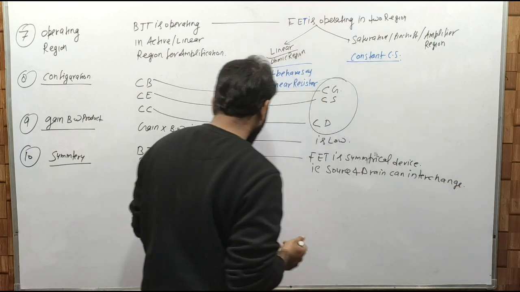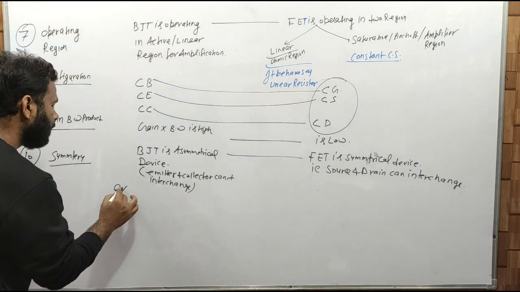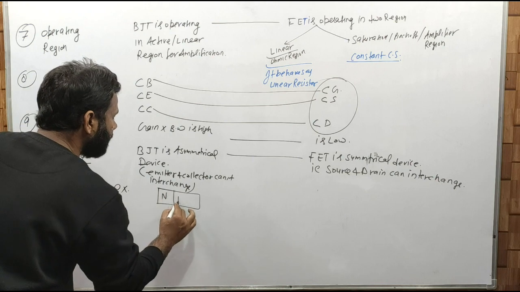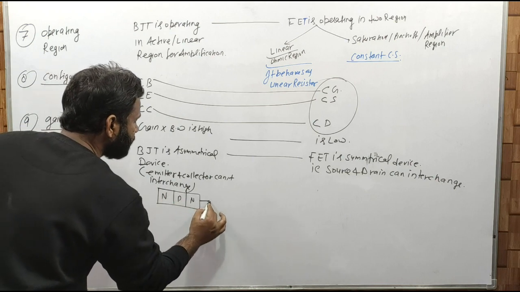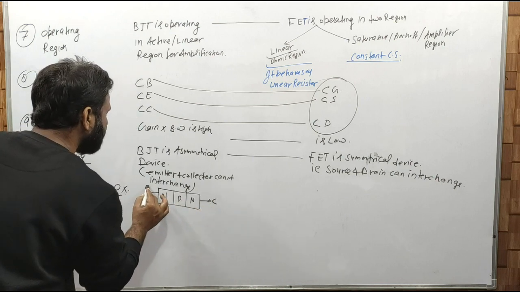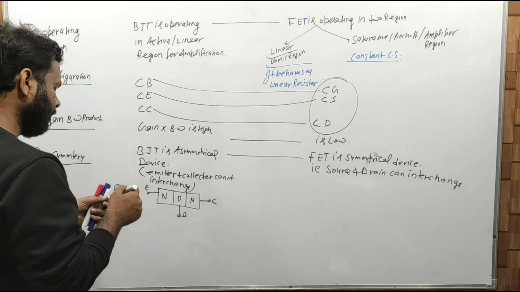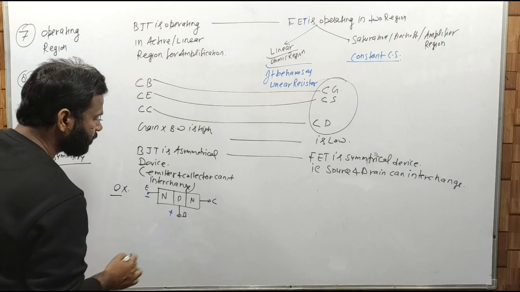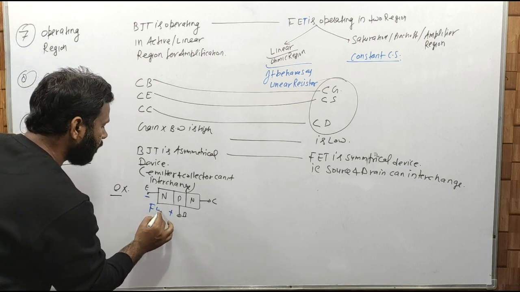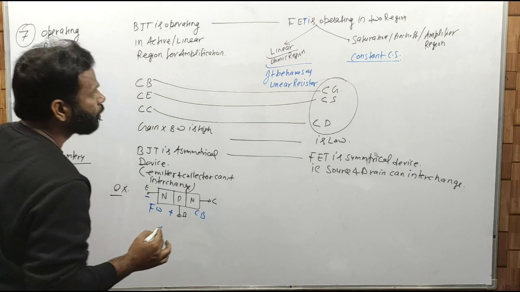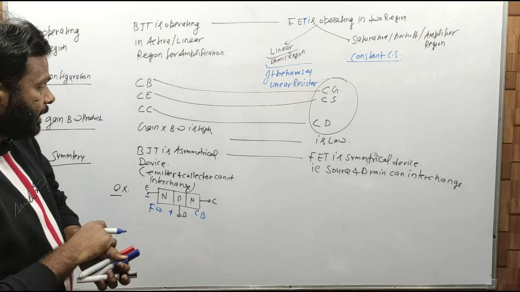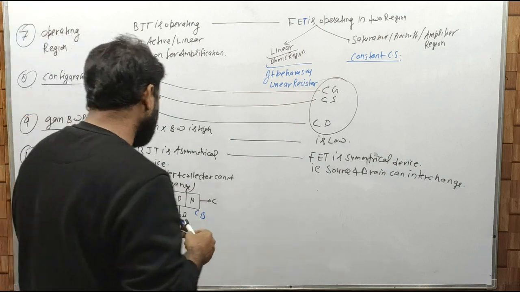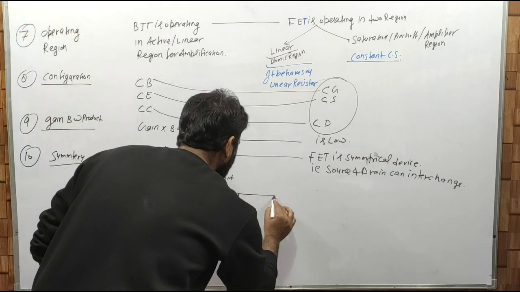That means source and drain can interchange. Now if you see the example, so suppose we are having an NPN transistor, this is collector, this is emitter, and this is your base. Okay, now this junction is forward bias, and it should be reverse bias so that the BJT is working in active region, or it can provide the amplification. Now if you interchange the emitter and collector,